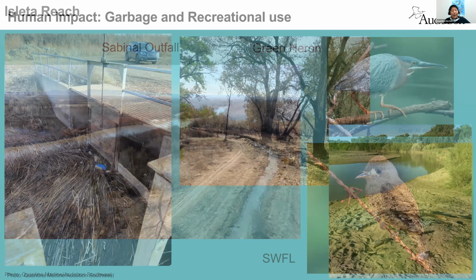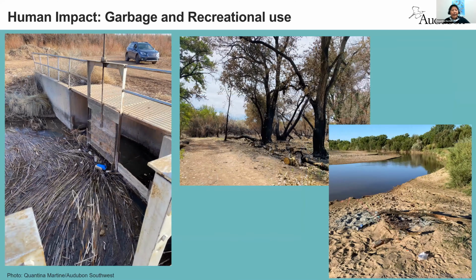One of the things that I saw as part of this project, that I felt couldn't be ignored, is the amount of garbage within the bosque. It breaks my heart to see so much garbage, and how it's being used and misused. We have all these really great bird species, and then in our impact, we tend to leave garbage behind. There was also a fire recently, near the Chavez Outfall. When I went back out there a few weeks ago and saw this, it just was like, wow. But the Middle Rio Grande Conservancy District has closed off these